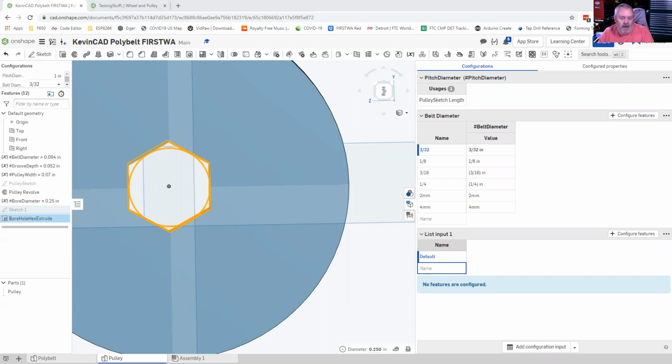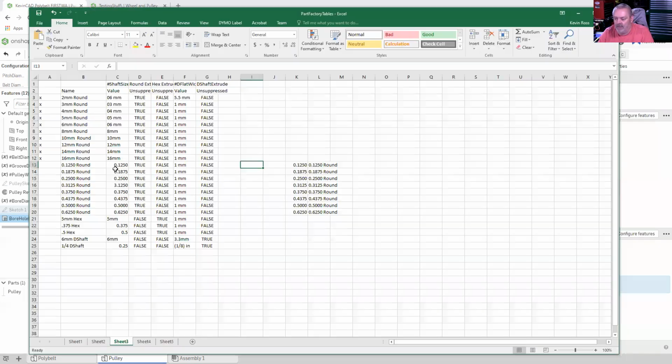Okay, so I have a spreadsheet that I did before, and it has sizes that I would like to use. So this is the list of sizes that I used in that other one. And so what I'd really like to do is copy these. Now, it turns out you can copy and paste values out of a spreadsheet into a table. But what I need to do is have that shaft size first. So